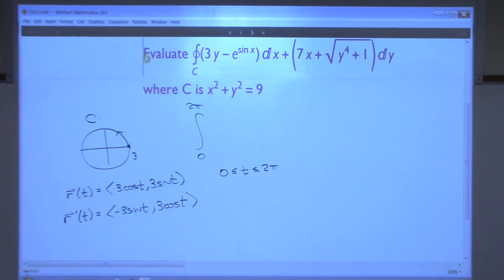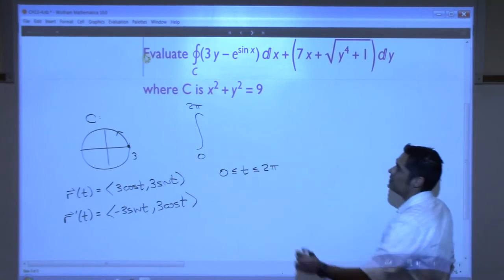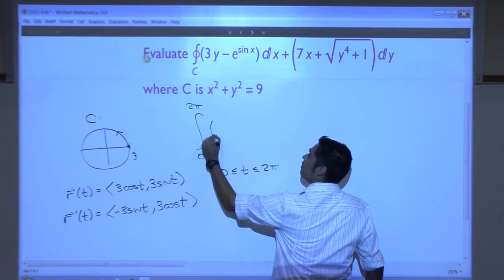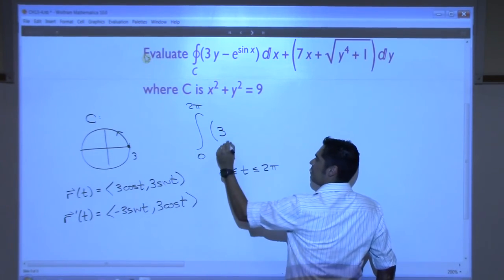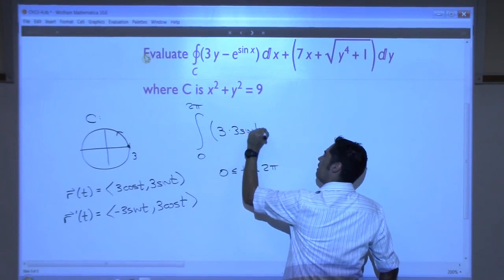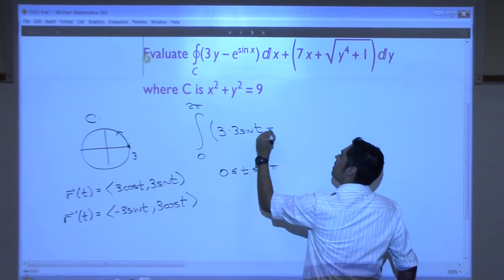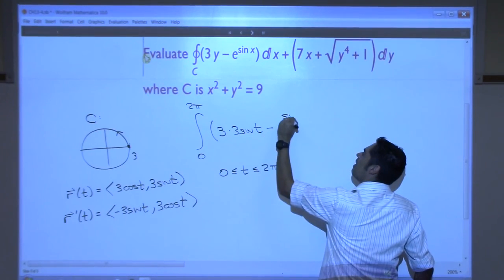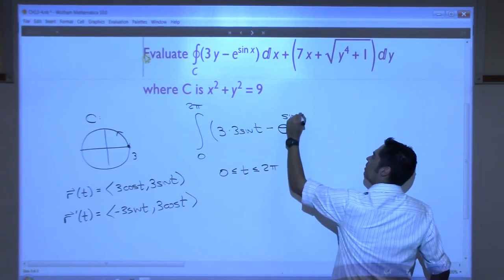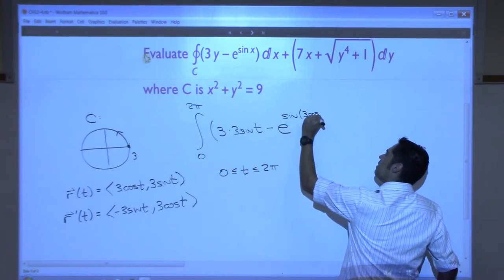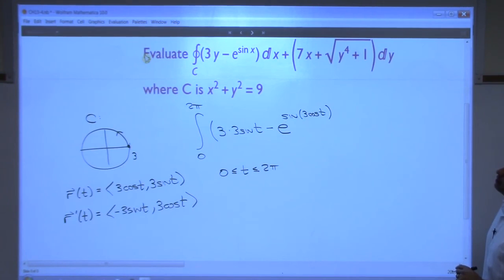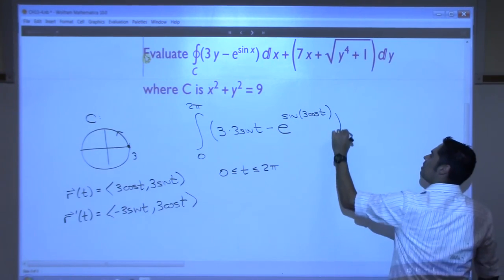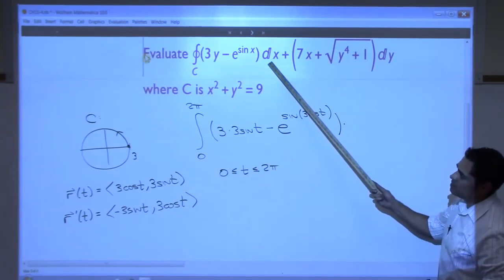So you can see why Green's theorem is worth having. Okay, so look at this. What would 3y be? 3 times, what's y? Sine t, so 3 sine t again. That's 3y minus e to the sine of x, but what's x? 3 cosine t. All this times dx, which is